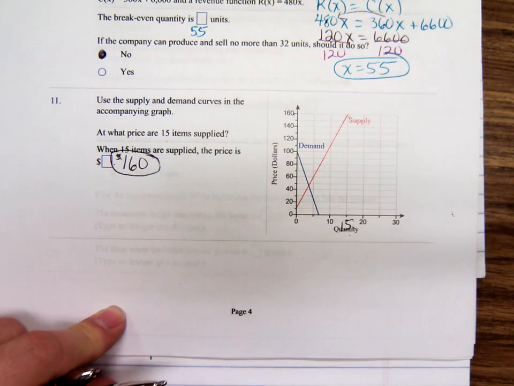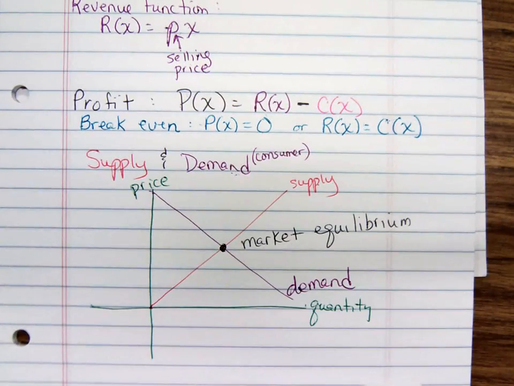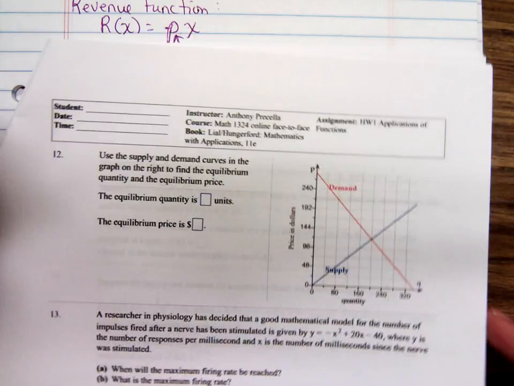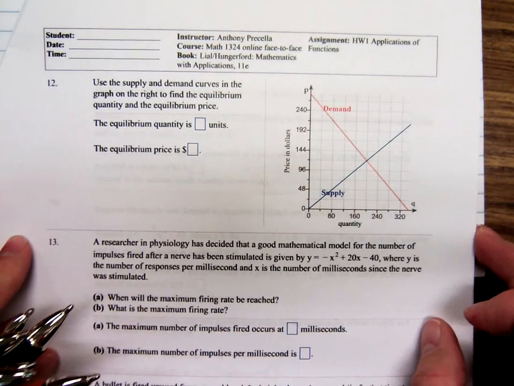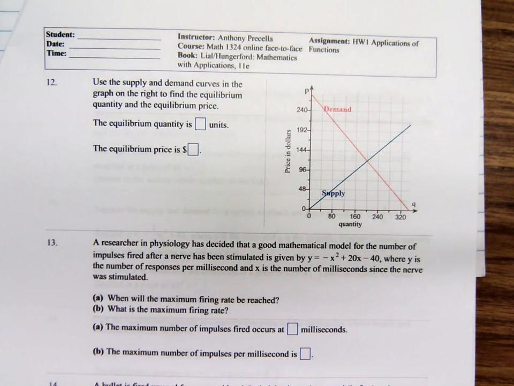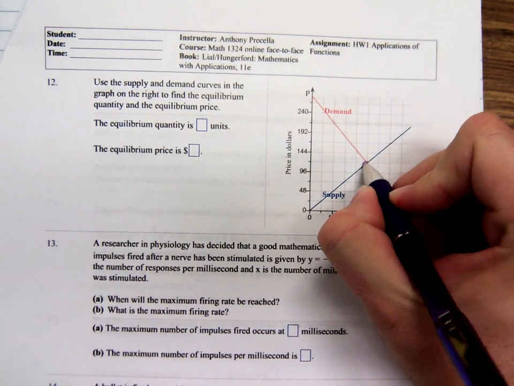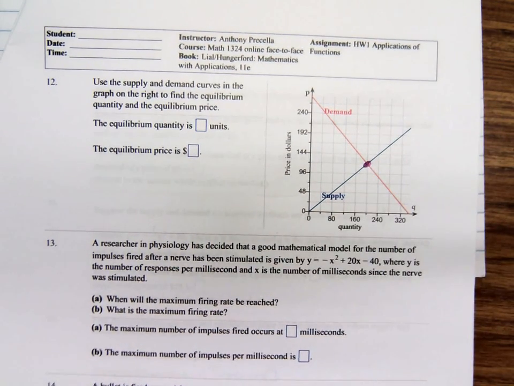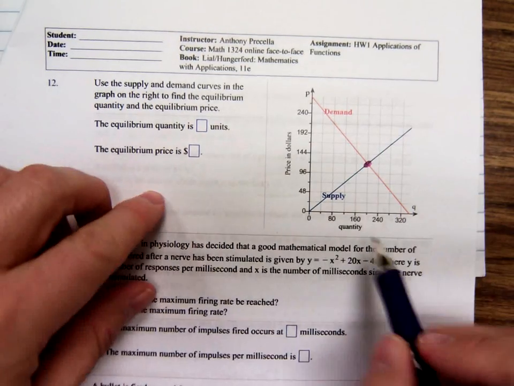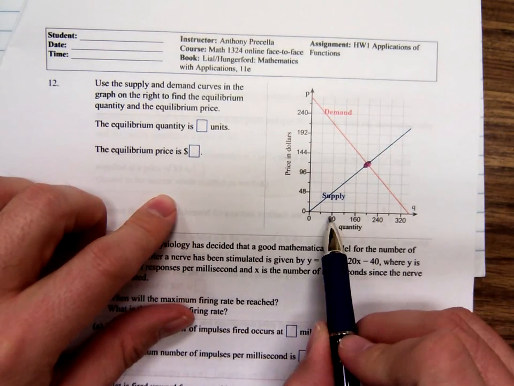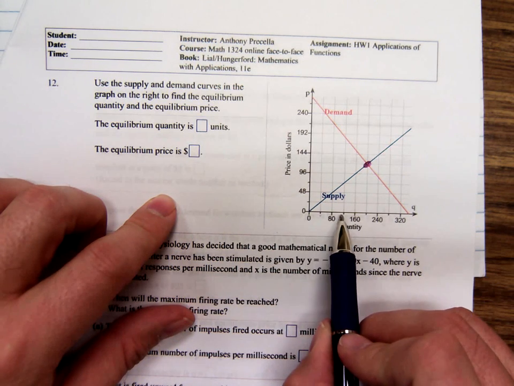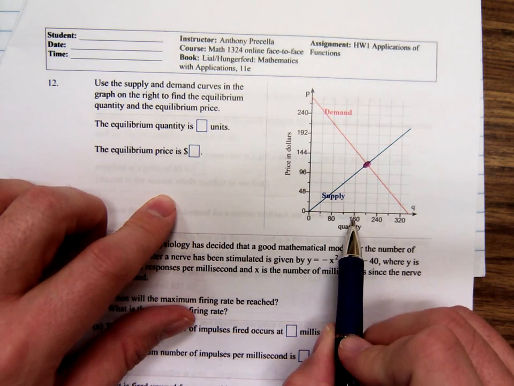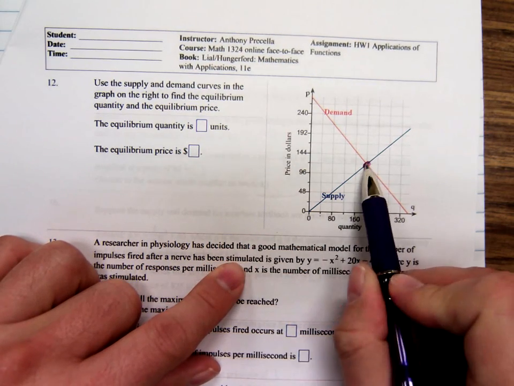Let's see. Number 12. Use the supply and demand curves to find the equilibrium quantity and the equilibrium price. So you just got to look at the point of intersection. Remember, price is vertical, quantity here. So let's see, right between, what is each one of these little marks? 40 down here? 40, 80, 120, 160, so 200. Would that be here or here? Well, that would be quantity,